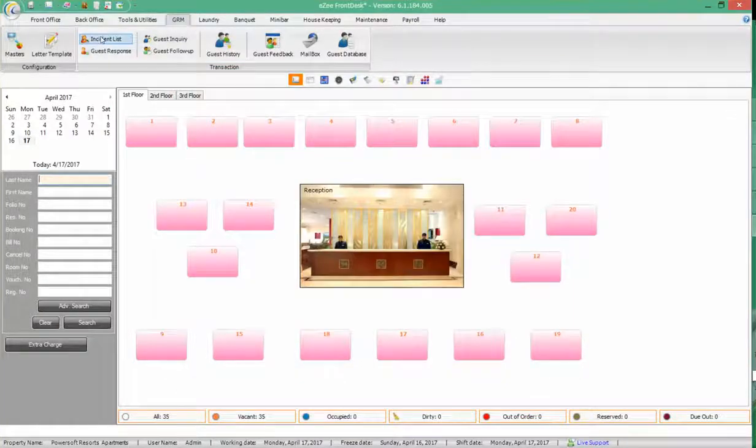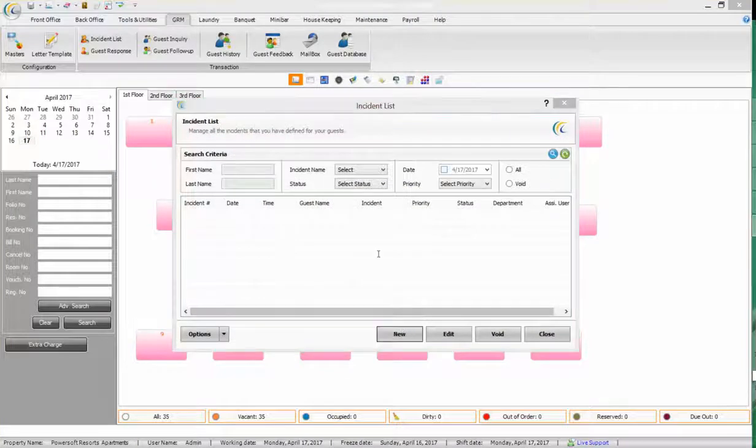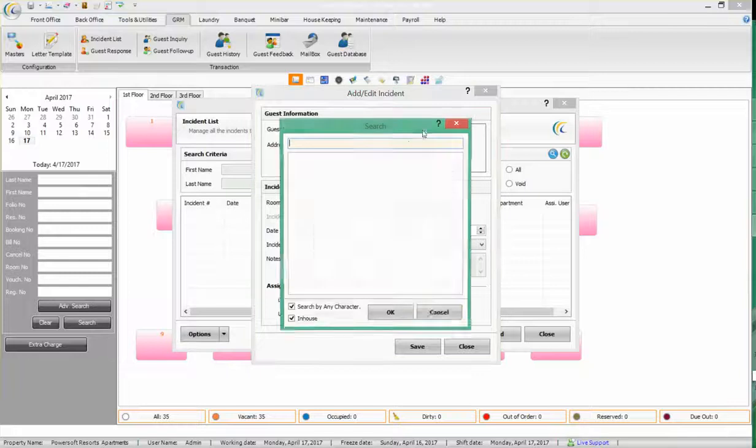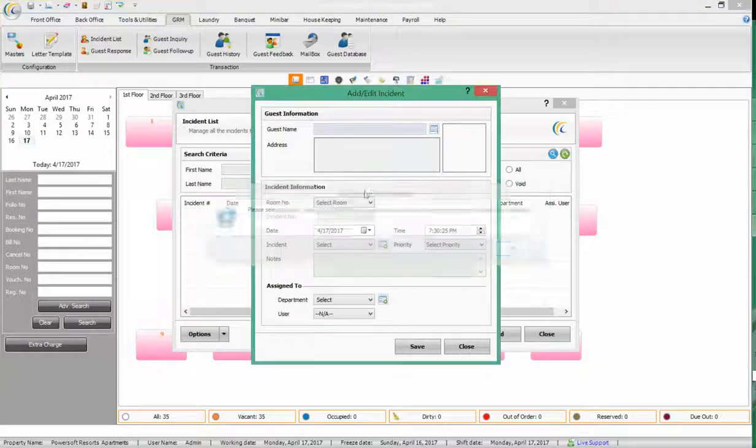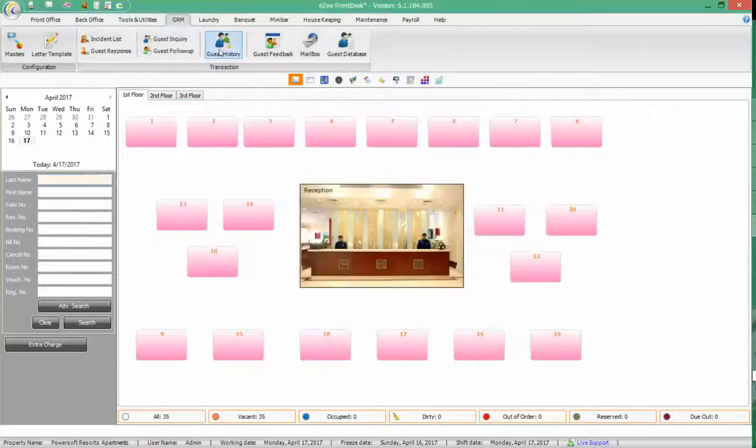And if various incidents happen in your hotel, we can also input whatever incident happened at the hotel that is related to a guest. So we can put the name of the guest, his address, which room he slept in, and also what incident he faced. We can also manage other things like